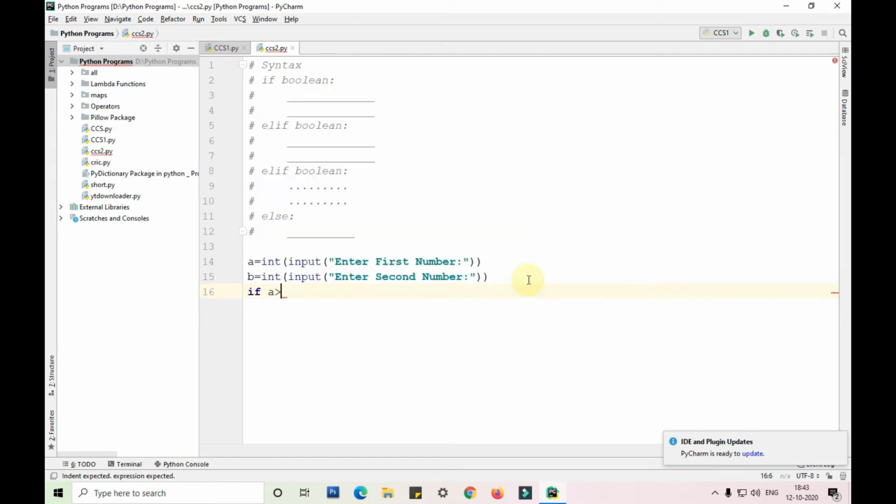a is greater than b, print a is big number.